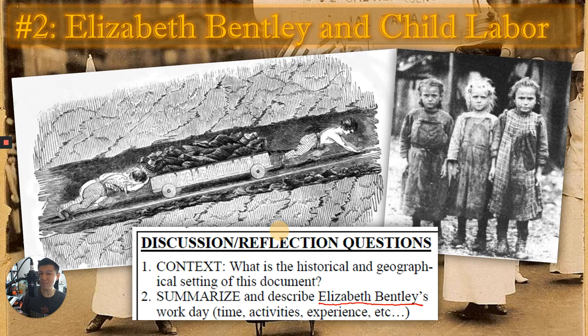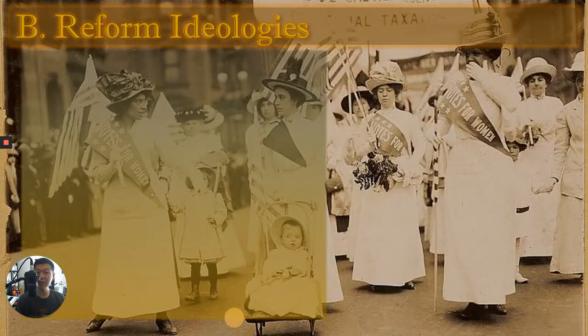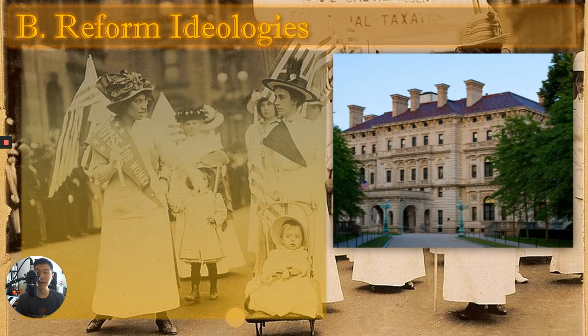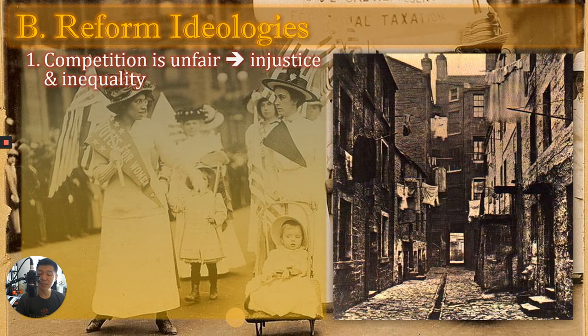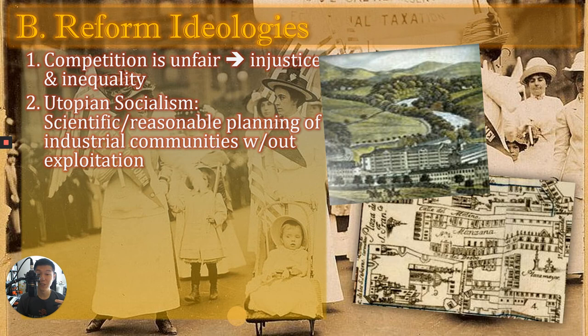Okay. And so a supply and demand, because there's such a large supply of labor, all of a sudden now the employers have absolutely no incentive to pay for your health. And so, as a result of this, there are many who called for dramatic reforms and changes in ideology because, inevitably, competition is unfair, it is unjust, and it's going to create worlds of inequalities that would occur. And so there are those who decided, hey, maybe there is a way for us to try to figure this out. Very early on in the early part of the Industrial Revolution, there are those who advocated for the creation